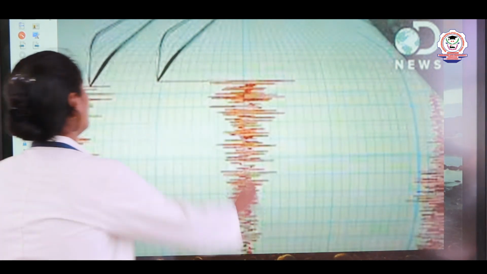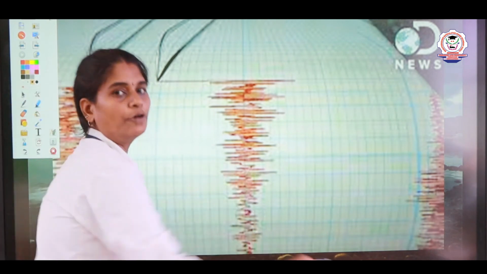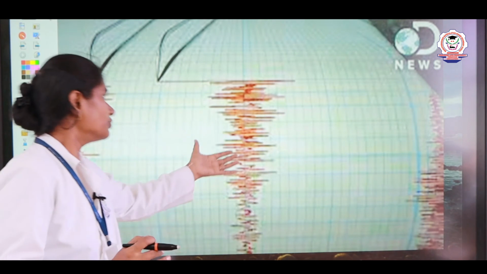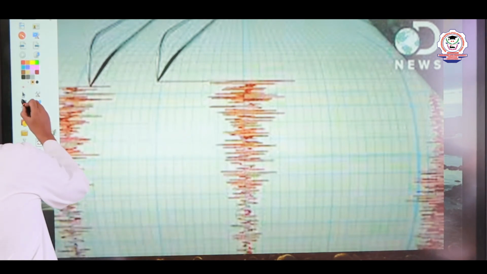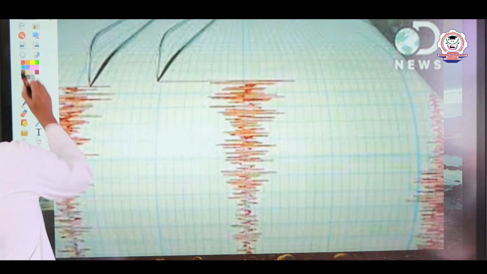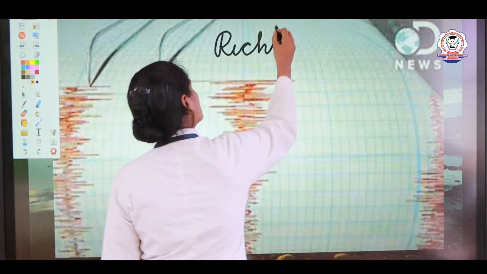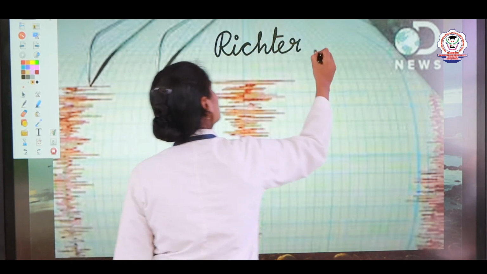The Richter scale will measure the intensity of the earthquake. According to the intensity of the earthquake, we can say whether the earthquake caused massive damage, or it is a very light earthquake, or a heavy earthquake. According to the magnitude on the Richter scale, we will come to know whether the earthquake is a bigger one or a smaller one, right. So, the earthquake is measured using the Richter scale.